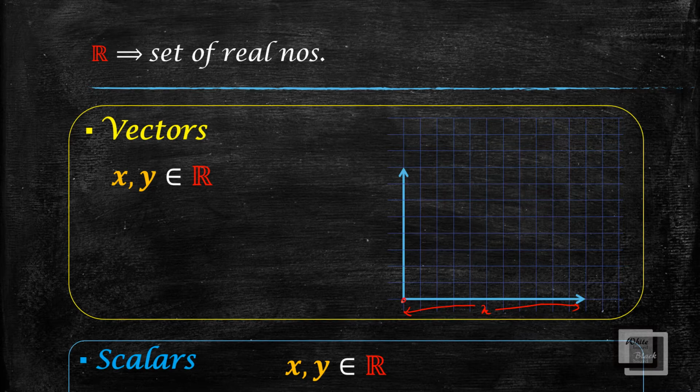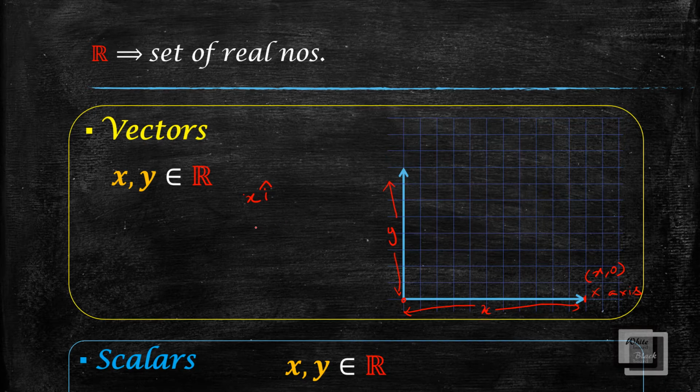starting from origin O in the direction of the x-axis, or horizontal direction. The end point of this line is (x, 0). Since this line has a magnitude as well as direction, I can represent this line as x i cap, where i cap is the unit vector which tells the direction of x, and here i cap means the direction is towards the x-axis. Consider another line having magnitude y, and the direction of this line is vertical, so upward, in the direction of the y-axis.